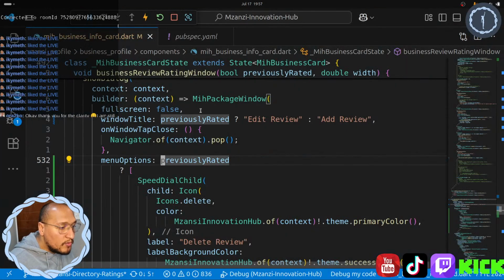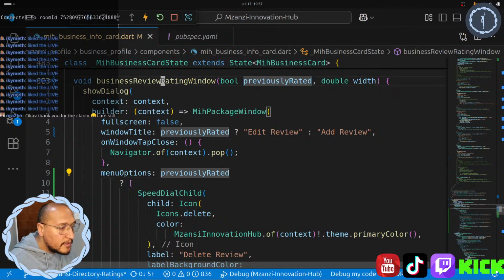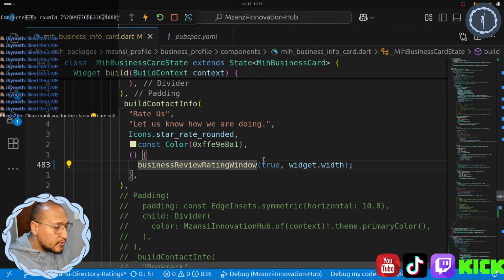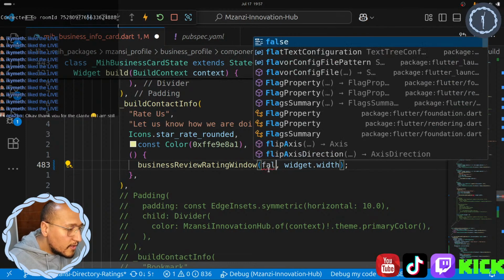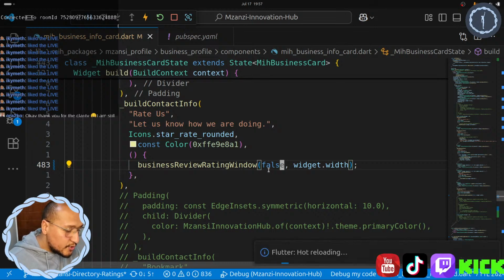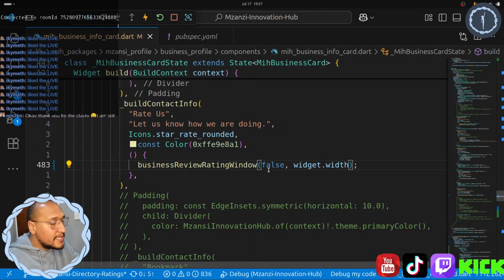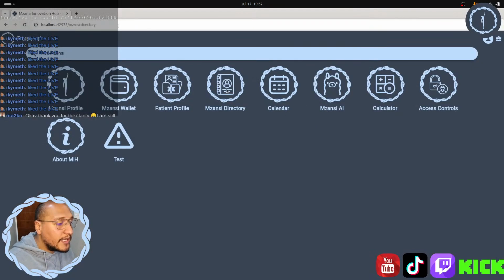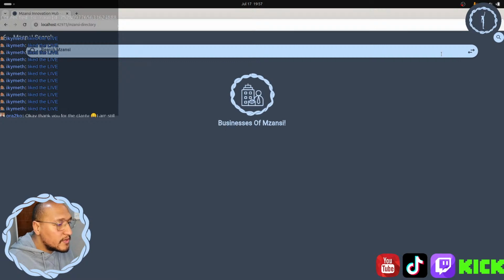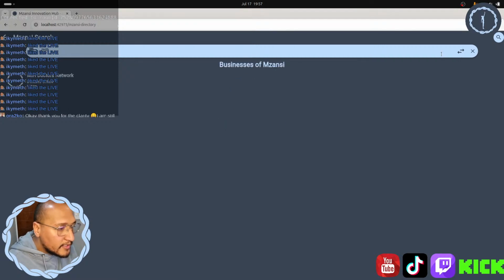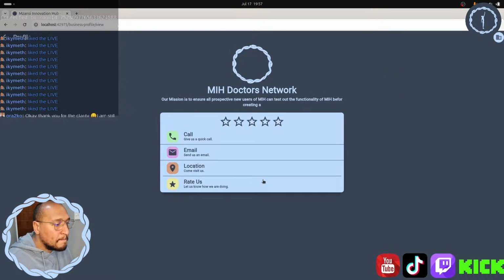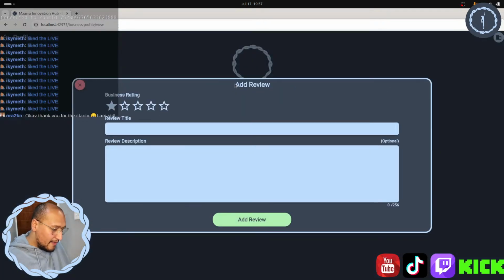But if we change it from true to false over here, the expected result should be that the title of this window says add review, and there shouldn't be a menu option over there for us. So once again, head over to the Mzansi directory, switch over to the businesses, MIH, enter. Yep, as expected, we have add review, no menu option. So it looks like our logic is working fine inside MIH.